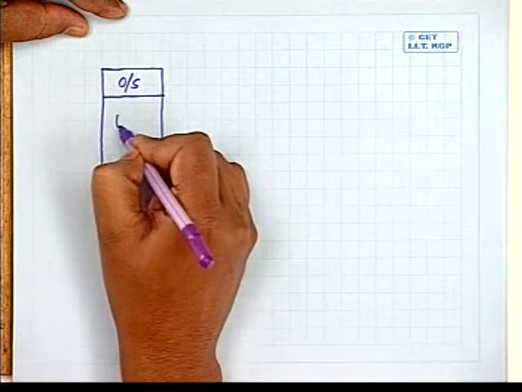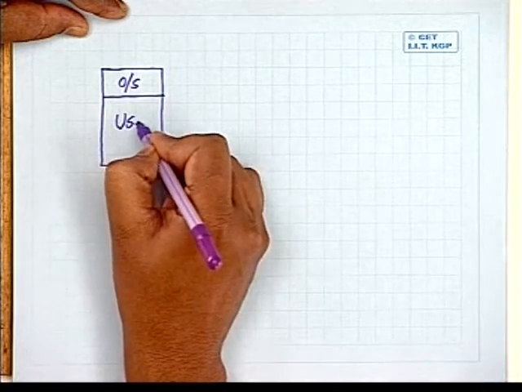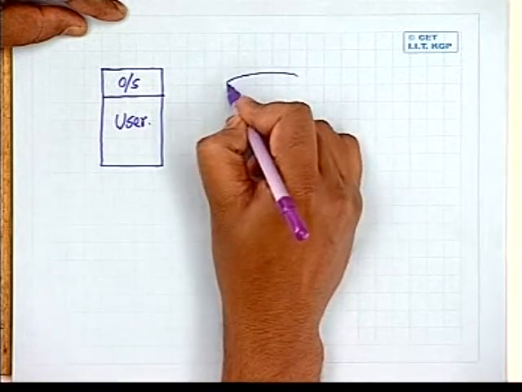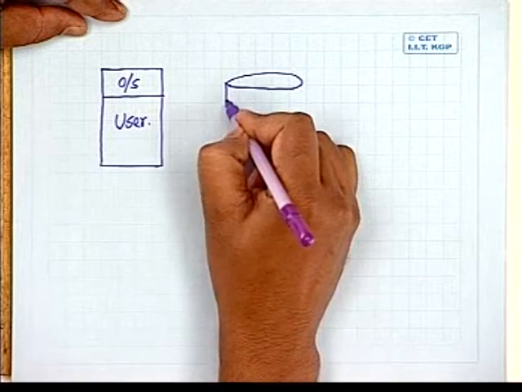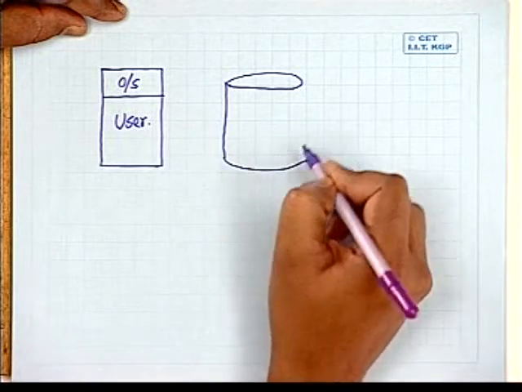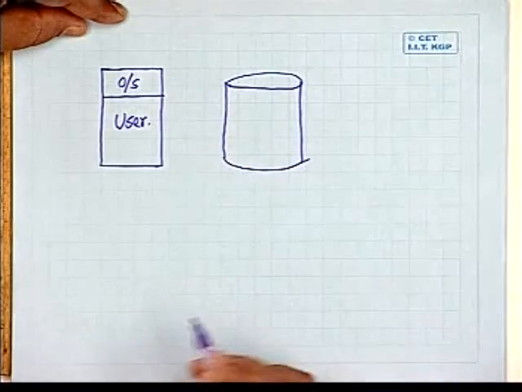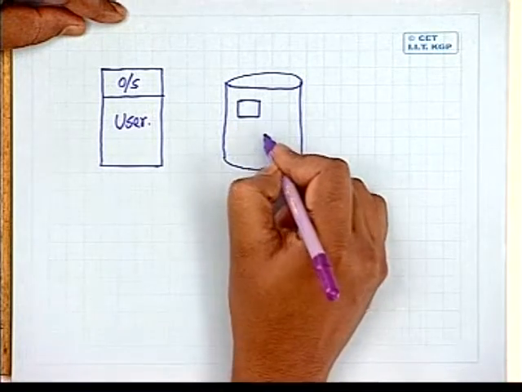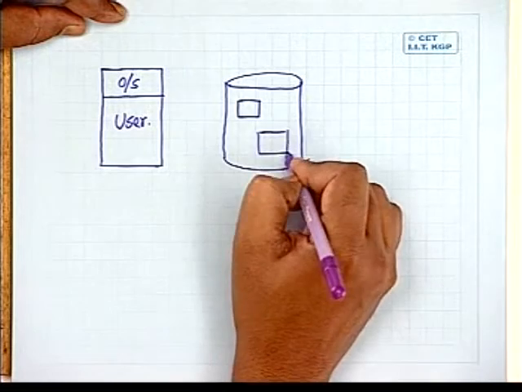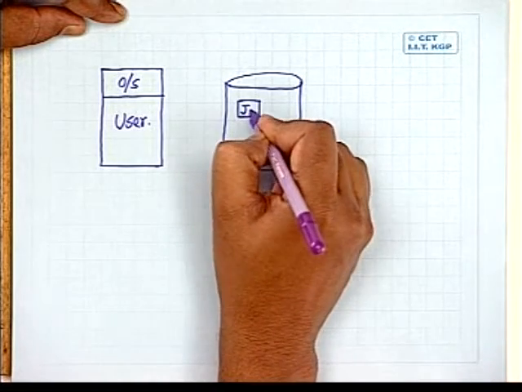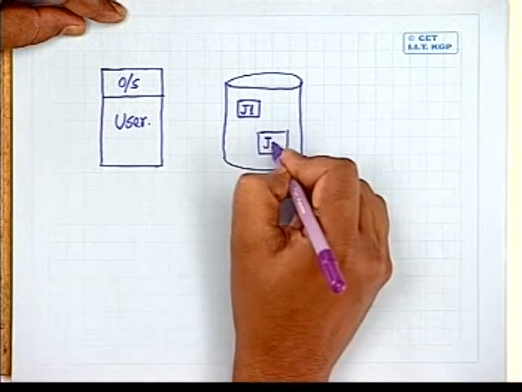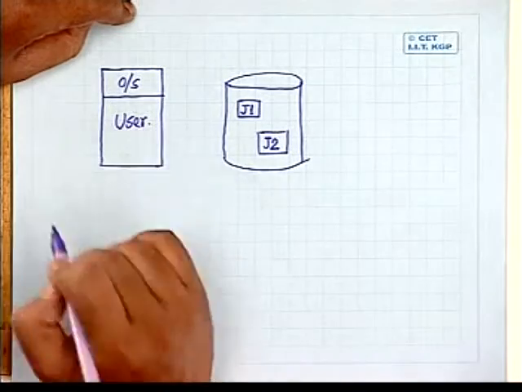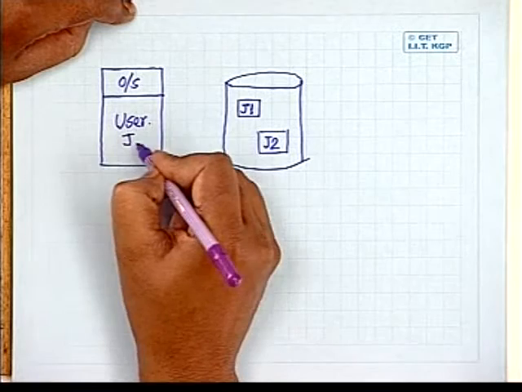This is the operating system region and this is the user region. And we have the secondary storage. Suppose the secondary storage is a disk. The disk contains many user programs. Let us put this as job 1, job 2, and so on. At a particular time, if job 3